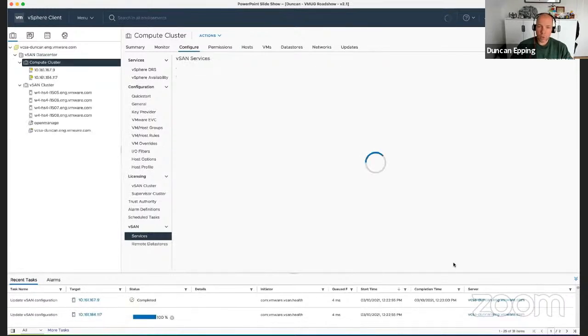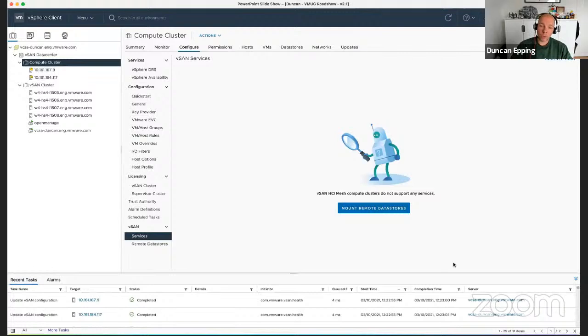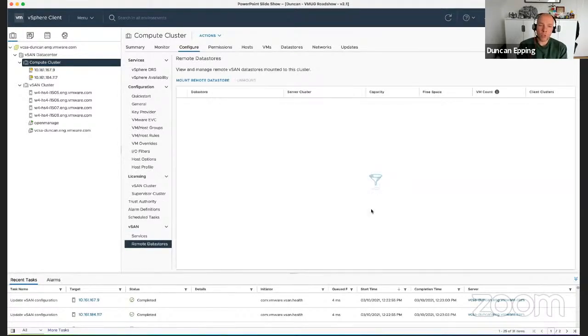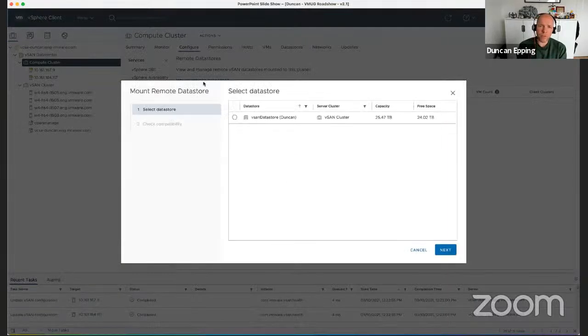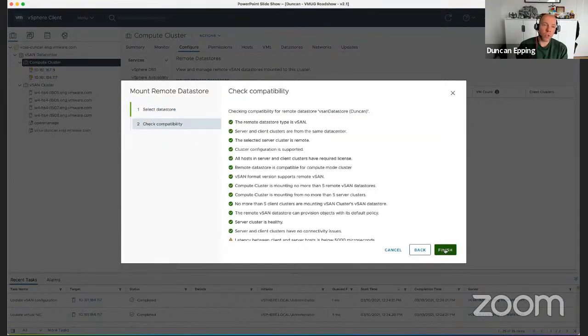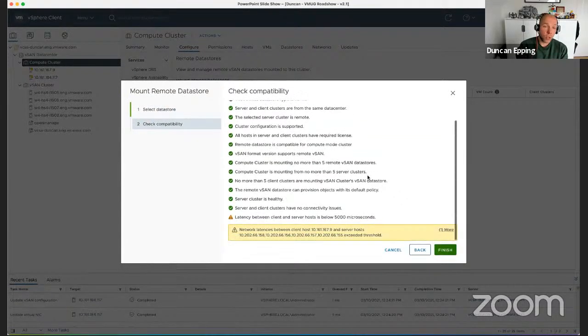After it has been loaded, what we can now simply do is mount remote data stores. So I can click on Mount Remote Data Stores. And after I've clicked that, of course, I will get the option to mount my vSAN cluster. So click Mount Remote Data Store. The vSAN cluster is going to pop up. In this case, I only have a single vSAN cluster. If there were multiple, I could, of course, select another one as well. I can click Next. And now that vSAN data store is going to be mounted automatically to the two hosts